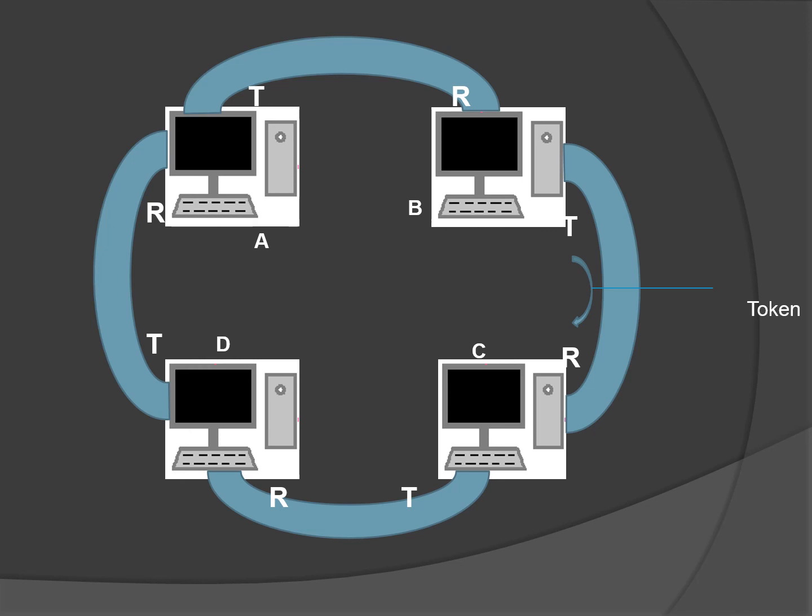Now, in the meanwhile, for example, when A is transmitting the data to C, at the same time if B wants to transmit the data to D, what will happen when the token comes across B? B will check whether the token is free or occupied. Here the token is occupied, so it will wait patiently and then send it to C. And again when the token comes back to B, at that time B will be transmitting the data to D. Each station is given an equal chance to access the token in order to pass the data. So you can see here in the diagram how we are using the token in order to transmit the data.